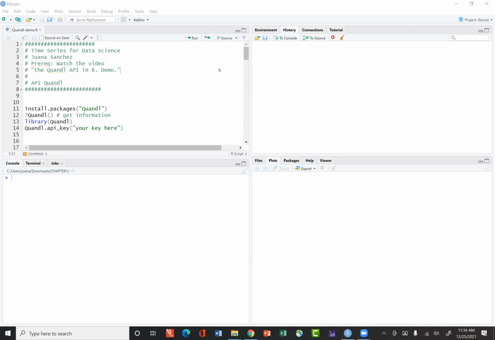from within R using the Quandl API. So if you haven't done that, you should, because otherwise you will not be able to run this code on your own. Here is the code then that we will use to access and demonstrate how to use the Quandl